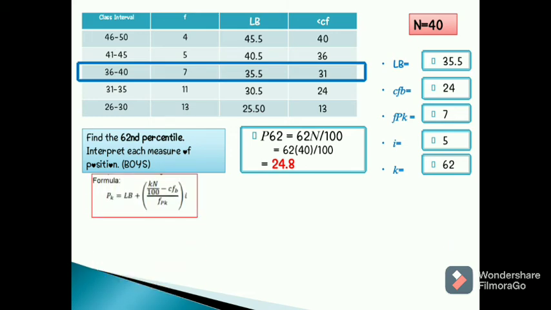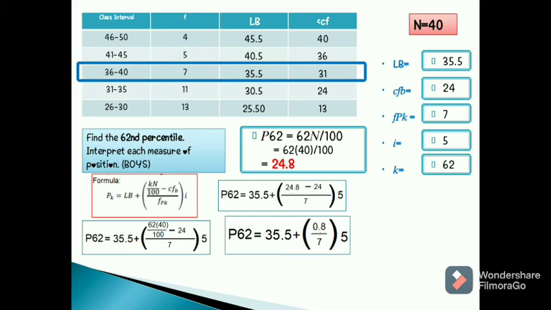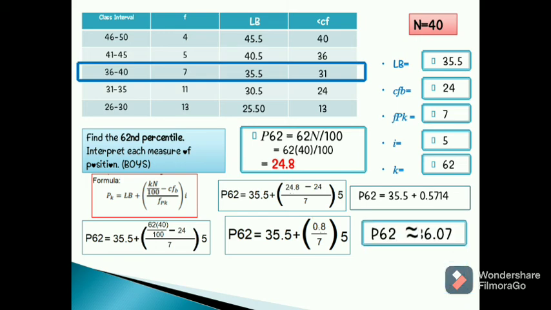So, by using the formula, okay, the step-by-step process, so the final answer is 36.07. The 3 was covered by the approximately sign. So 35.5 plus 0.5714